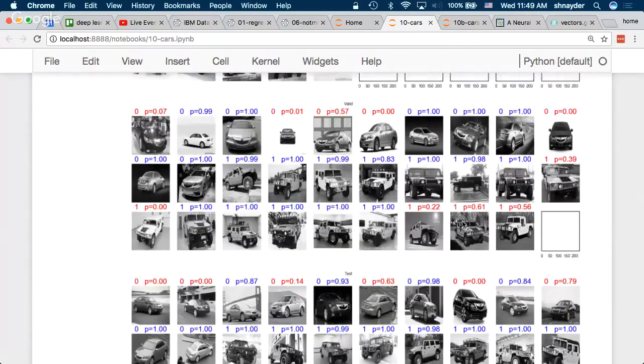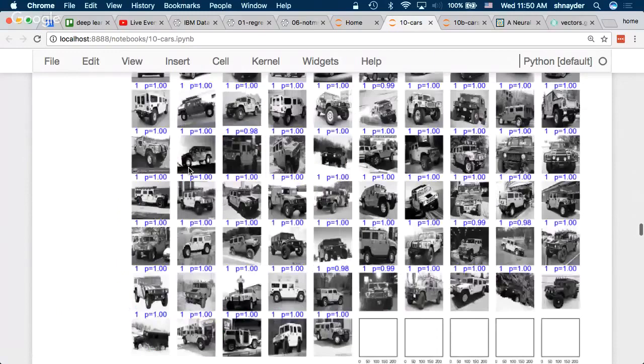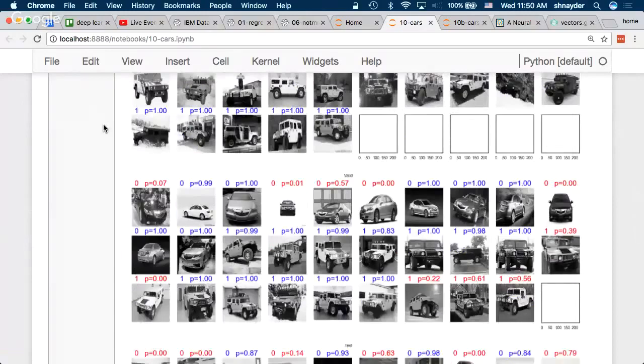Right, so this it thinks is an Acura. This it thinks is a Hummer. This is a Hummer. This is an Acura. Oh, that's actually interesting. No, it's not. I was just looking at this again. I was like, oh, maybe it's like light images with a lot of white that it thinks are Hummers. But that doesn't seem to be the case. So even with this model, I can't really explain what it's doing. But I can tell it's making lots of mistakes in generalization. Fine. And ultimately, right, like this is all of my training data. You can just look at it. So that's kind of scary.